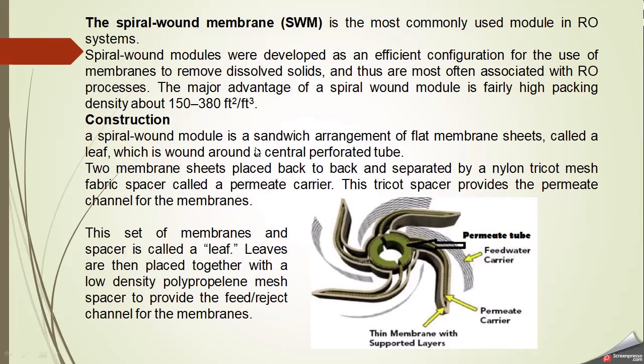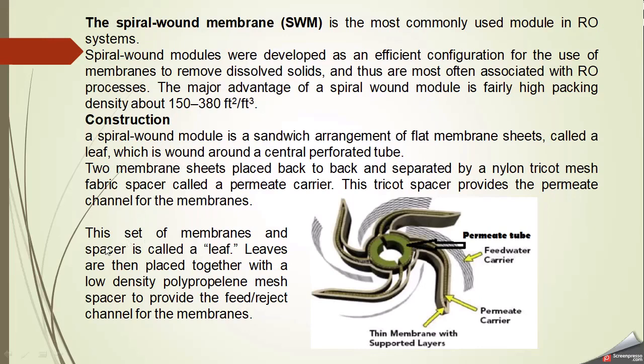This is the configuration. Briefly, a spiral wound module is a sandwich arrangement of this type. You can see there is a membrane, a support membrane, twisted over these pipes, which is the permeate tube or permeate carrier. Membrane is outside on this, and there is a feed water carrier. This is a mesh which is placed on this membrane. So water feed is on this membrane, a mesh spacer, and then membrane, and after that this is a permeate channel and this is a permeate tube which collects the permeate water.